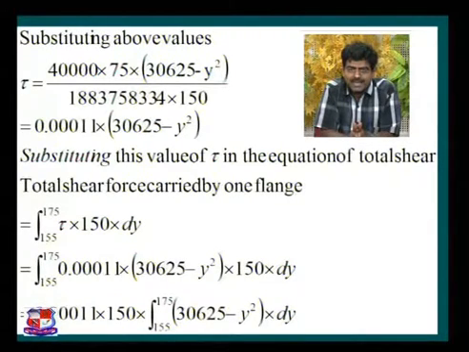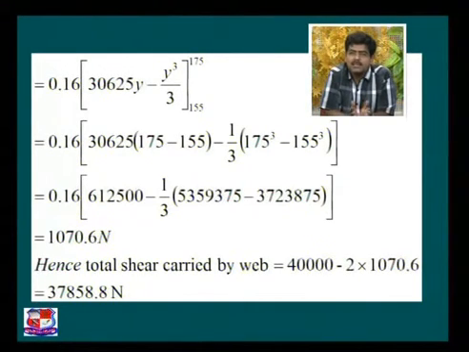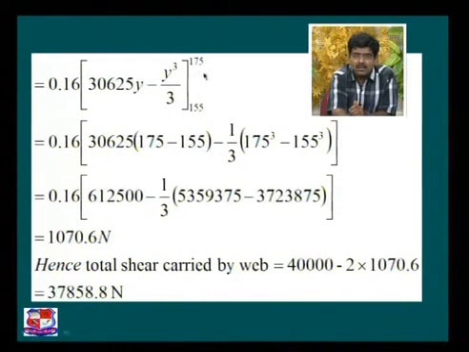Now in this case, 0.00011 into 150 is a constant term which comes out of the integration sign, and the remaining portion is the integration from 155 to 175 of bracket 30625 minus y square into dy. Simplifying once again by carrying out the integration, 0.016 bracket 30625 y minus y cube by 3. The range is 155 to 175, and please perform this very simple integration procedure. So bracket 175 minus 155 minus 1/3 of 175 cube minus 155 cube. Solved simply using your calculator, we found 1070.6 Newton. This is the shear force